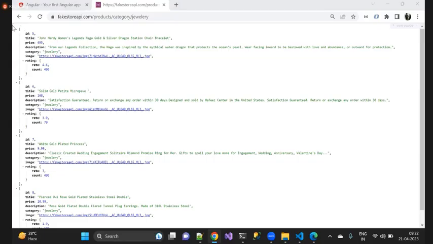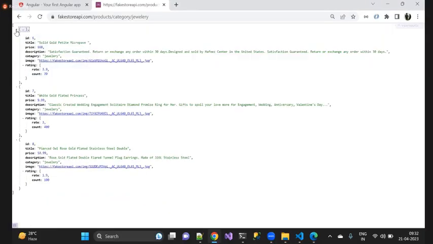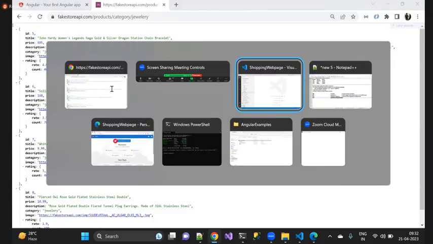If you observe, it is an array, and in that array we have JSON objects. So it returns the products that belong to a particular